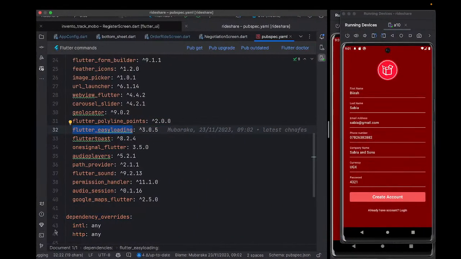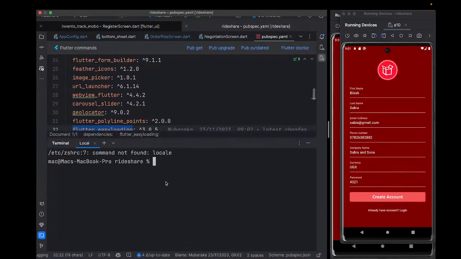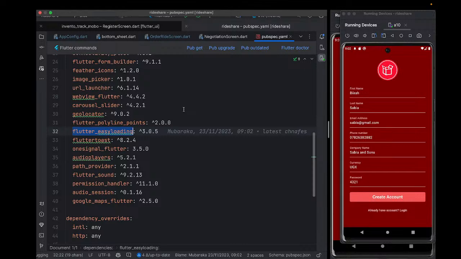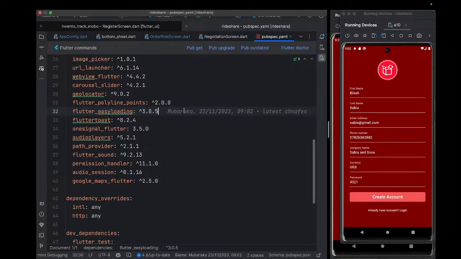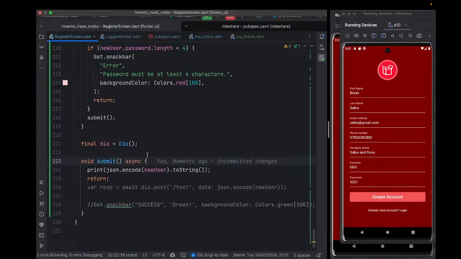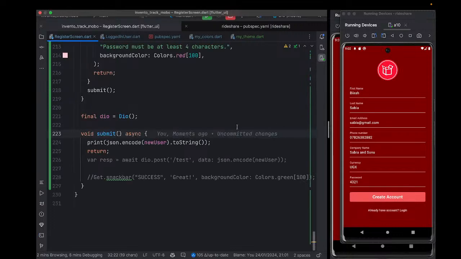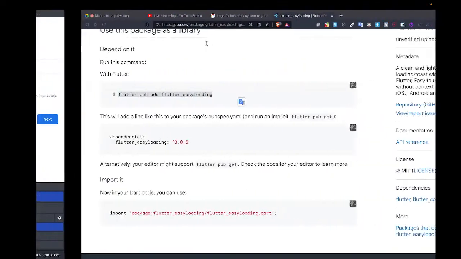You can come here to the terminal and then add it there. So I'll add Flutter Easy Loading. After adding it, of course, there are a few things that you have to do. I'm still in the previous project. So come to your terminal and then add Flutter Easy Loading. After you've added it, there are a few things that you have to do. If you read the documentation here,